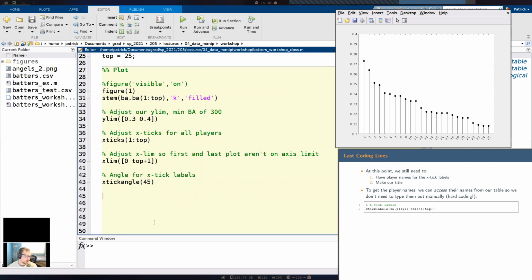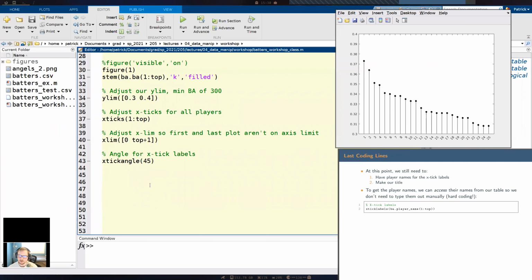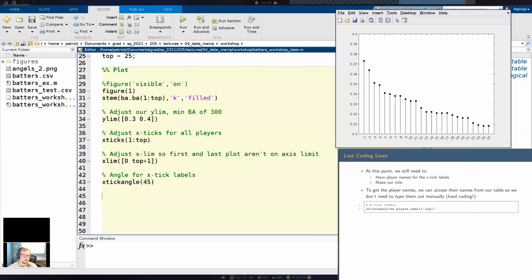Alright, another question: can we only use codes and commands we've learned in class on the project? No, that's a good question. If you can think of a better way to do something, you can go ahead and use that method too. There are a lot of different ways to do things in coding, and if you can think of a better way or something that makes more sense to you, then you can for sure go ahead and use that.